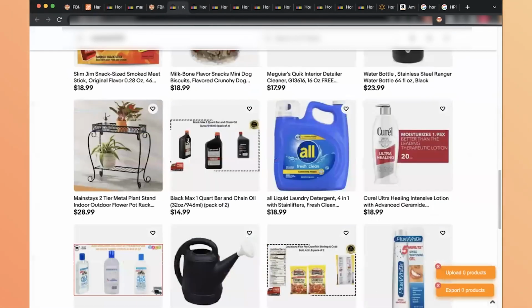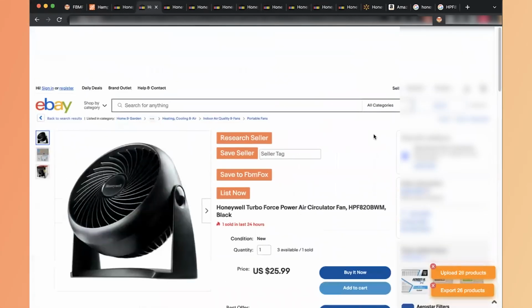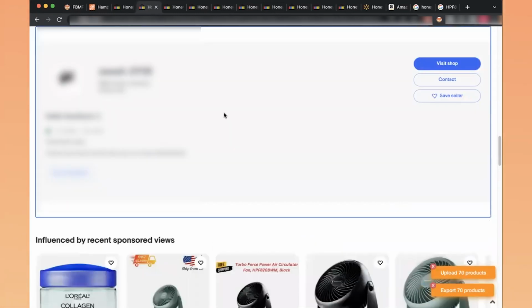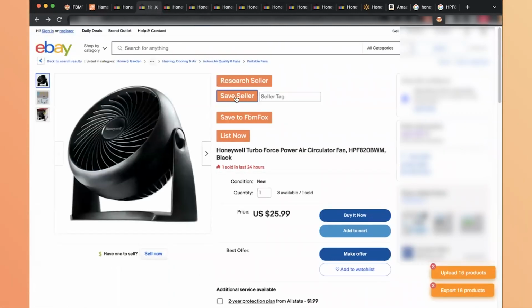And if I just click this, it takes me to his selling page with all the products that he's listing. Now I can X out of this and I can do the same thing with the next sellers. So this guy right here, he only has 2 ratings. I can see he has 100% positive feedback. I can look at the items that he's reselling. This guy is definitely a drop shipper, and I can simply save this seller and I can move on to